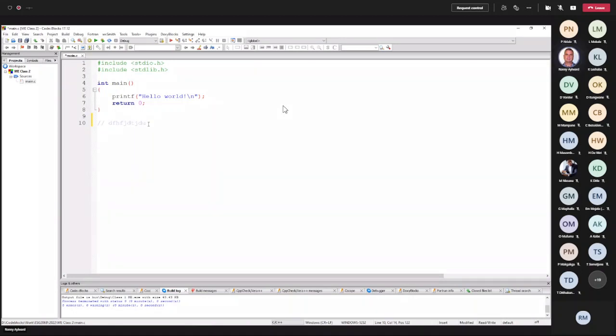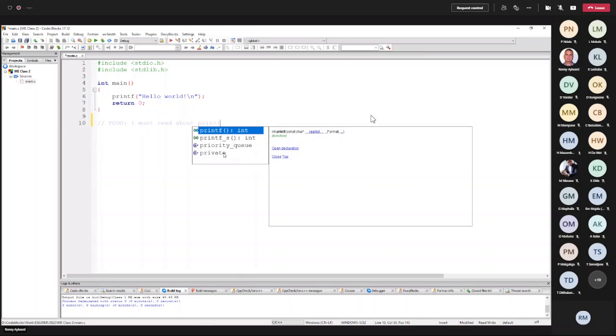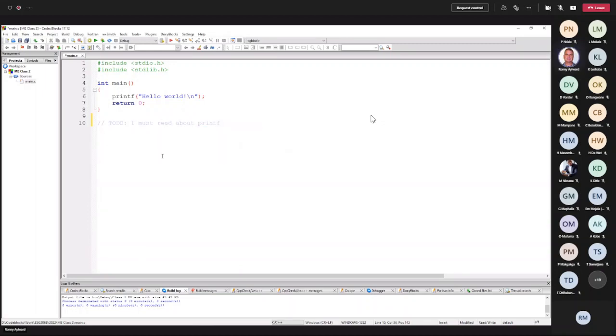Maybe we want to place a to-do comment, a comment to yourself, or I must do something, I must read something, or this has reference to whatever this variable is initialized there.